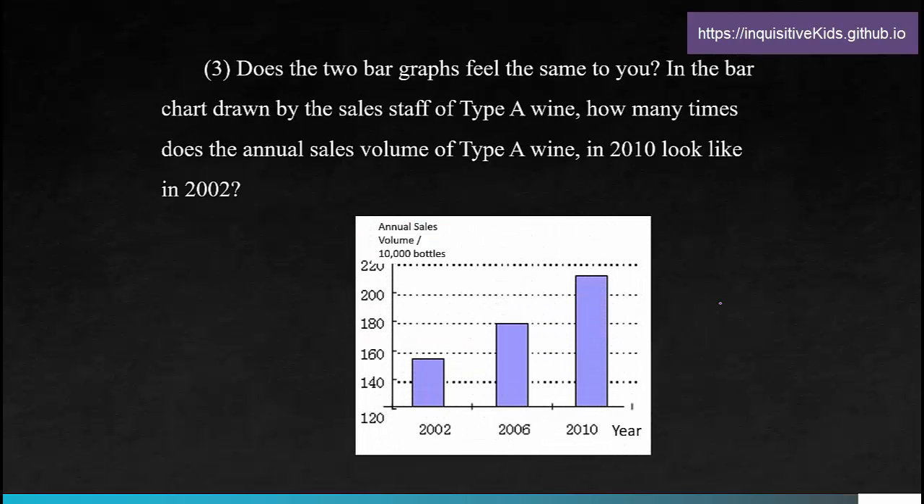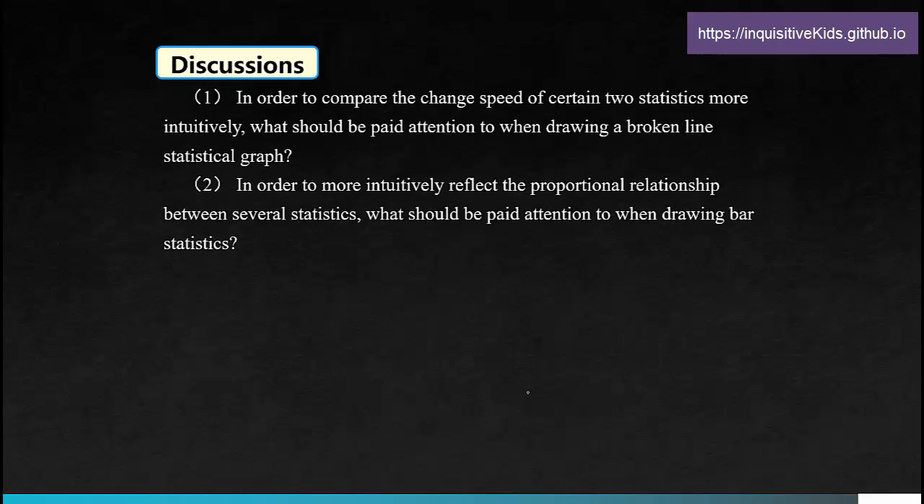3. Does a true bar graph feel the same to you? In the bar chart drawn by the sales staff of Type A wine, how many times does the annual sale of Type A wine in 2010 look like in 2002? Discussions. 1. In order to compare the change of speed of certain two statistics more intuitively, what should be paid attention to when drawing a broken line statistical graph? 2. In order to more intuitively reflect the proportional relationship between several statistics, what should be paid attention to when drawing bar statistics? So I want you to answer these two questions on your notepad and